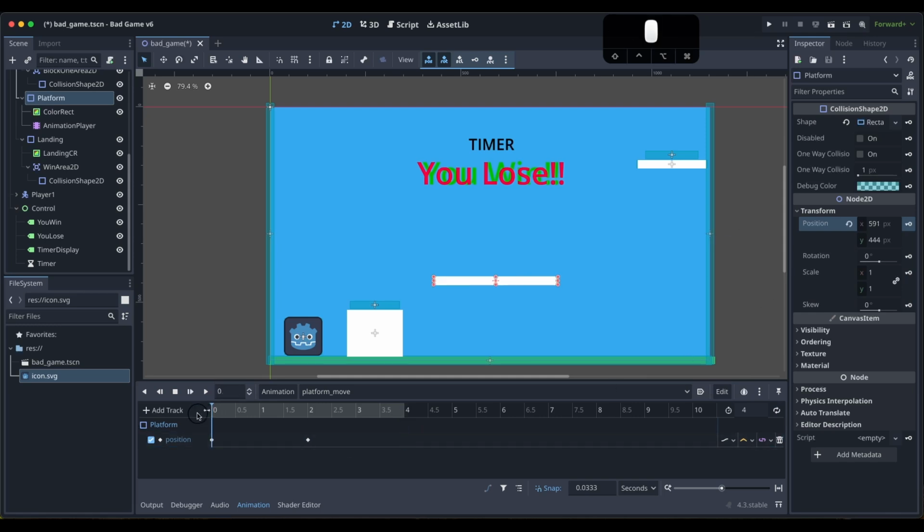And let's actually go back to 0. So 0 is at 591. And then we're just going to write 591 again. Hit enter to move it back, and then keyframe. We're going to turn the animation looping button on. Okay. And if we just want to play this and see it in